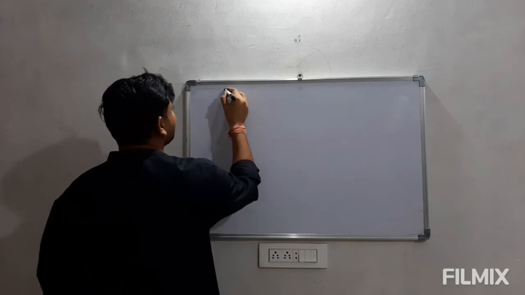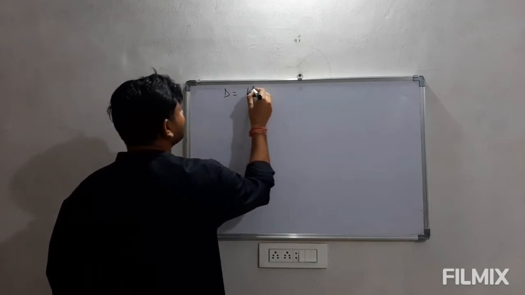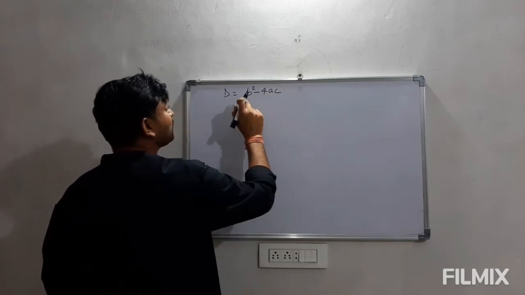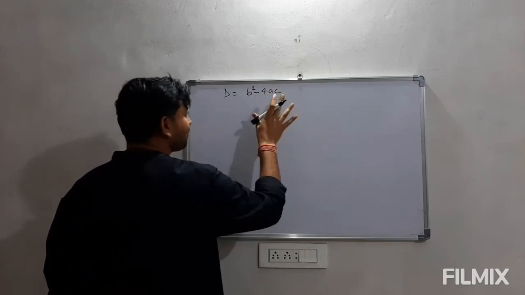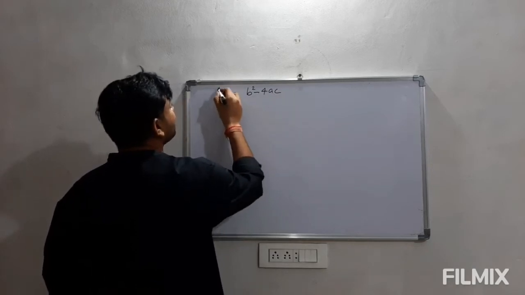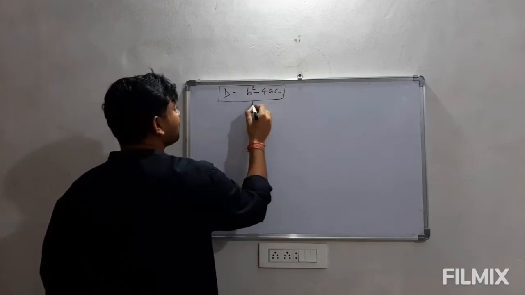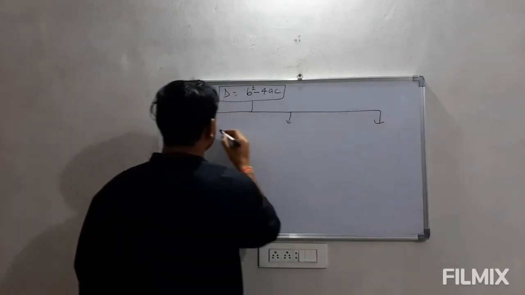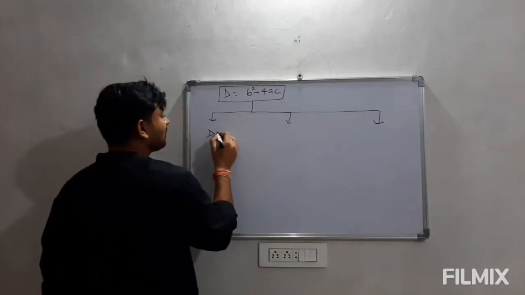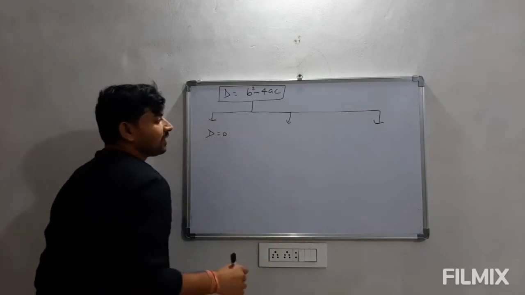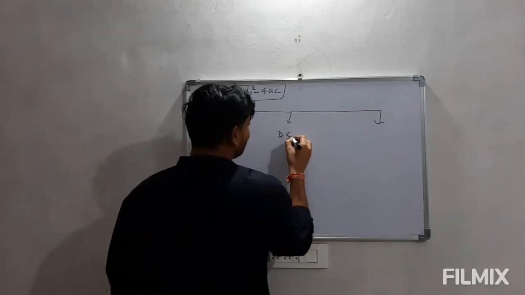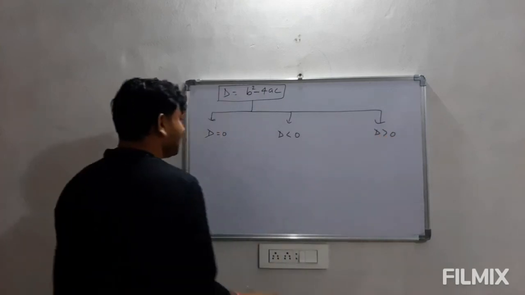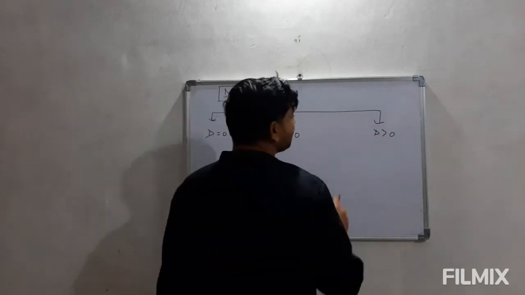So here, if we talk about the discriminant, that is b square minus 4ac, we simply have to substitute the values of a, b and c in this expression and get the value. Now there are three possibilities. The first possibility is very simple, that it comes out to be 0. Then it can be less than 0, and it can be greater than 0. Let us discuss greater than 0 first.